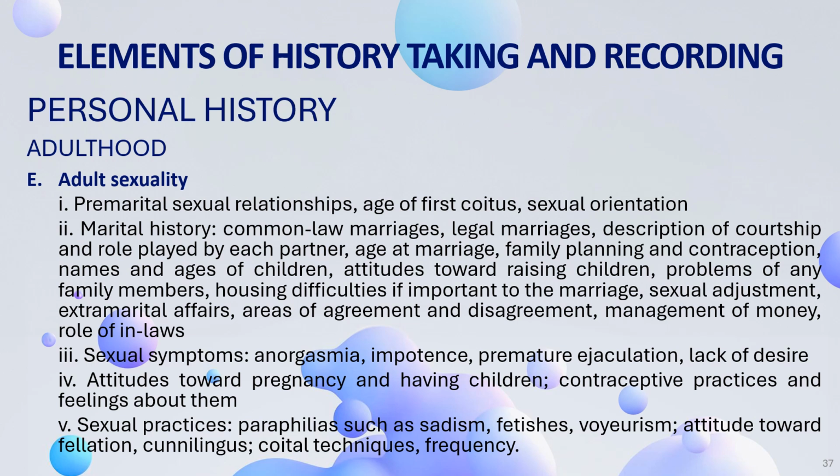In adulthood, now coming to adult sexuality: premarital sexual relationships, age of first coitus, sexual orientation, marital history in terms of common law marriage, legal marriages, description of courtship or role played by each partner, age at the marriage, any case of family planning and contraception, name and ages of the children, attitude towards raising children, problem of any family members, housing difficulties,